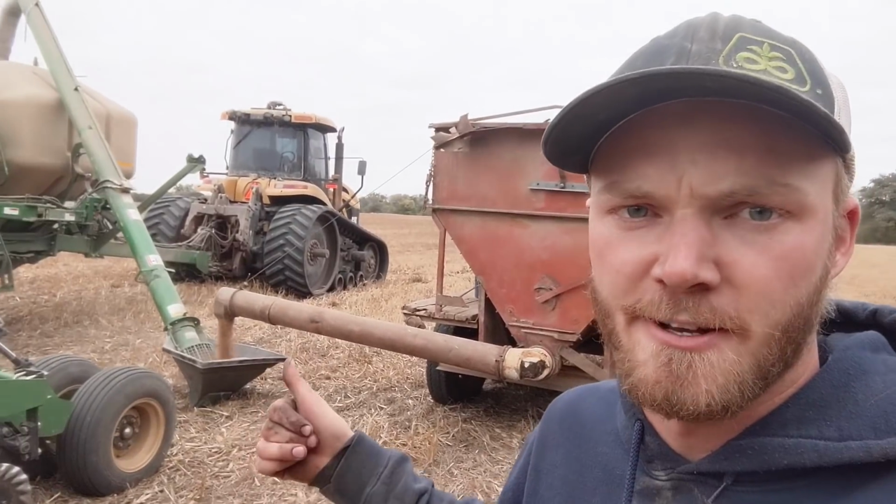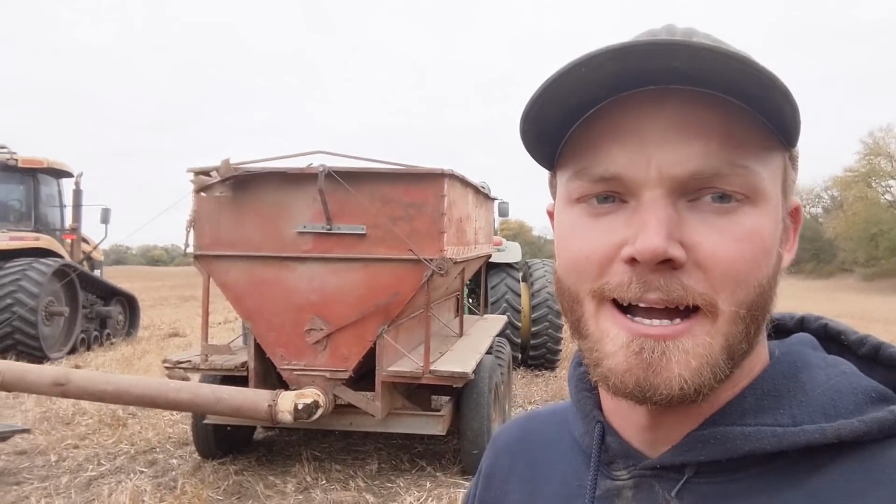So we do most of our seed wheat in hopper trailers, gravity wagons that just feed right in there. But we have a couple of small wagons like this one. One's a dump trailer, one's this auger wagon. They're a little sketchy, but we've had them ever since we had a box drill that we'd fill. And they work to just put seed wheat in once a year, and they don't really get used for much